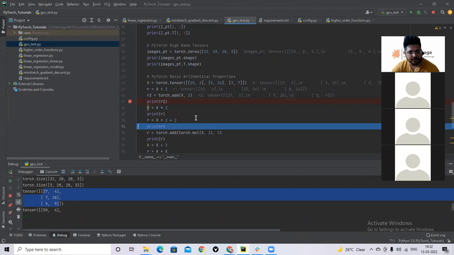That is also possible, and the same thing can be achieved by function calls. Whatever you did here, you did here also, but by calling the function.